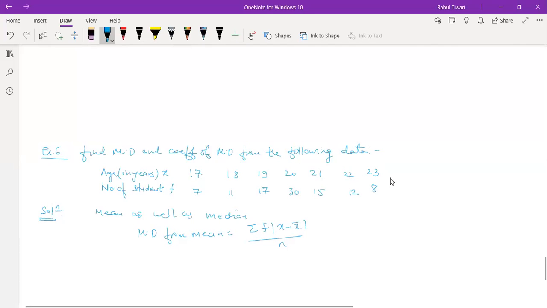So which column do you have to create? I already have x here. Create one more column x minus x bar. Then create one more column f times, or I can calculate directly mod also, right? Mod of that value, and then calculate f times mod of x minus x bar. This is in the case of mean. For the case of median,